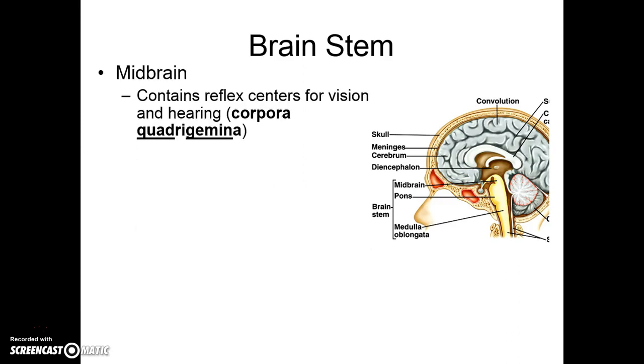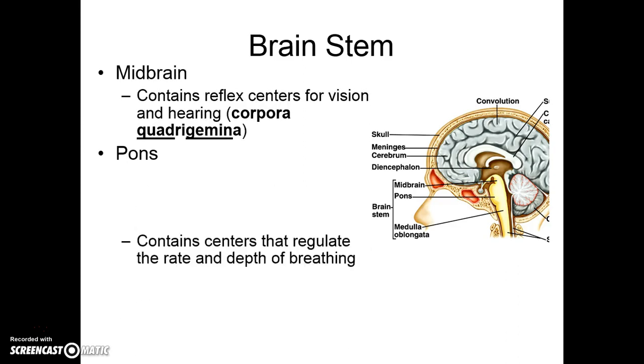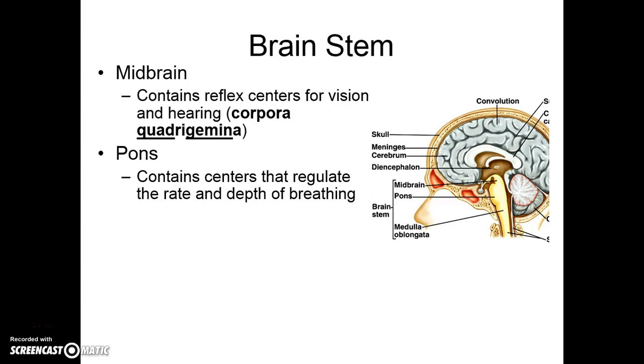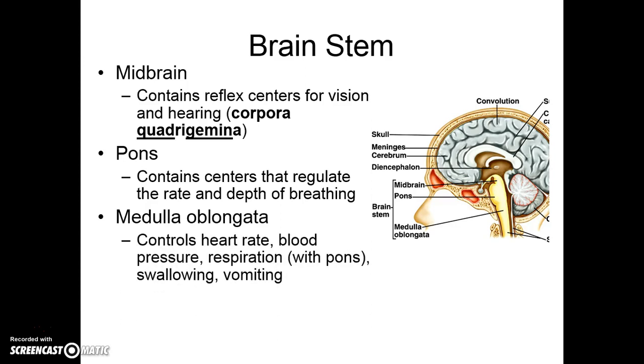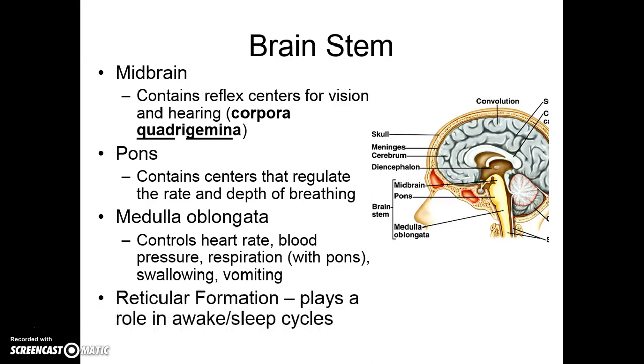All right, your brainstem is made up of your midbrain, which contains one thing that we're going to be looking for here, the corpora quadrigemina, or the body of the 4 twins, which I'll point out to you in lab. The pons controls your breathing, particularly the rate and depth of breathing. Medulla is your heart rate, blood pressure, respiration, swallowing and vomiting. And then there's